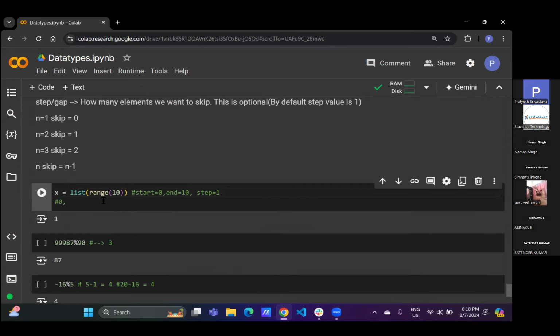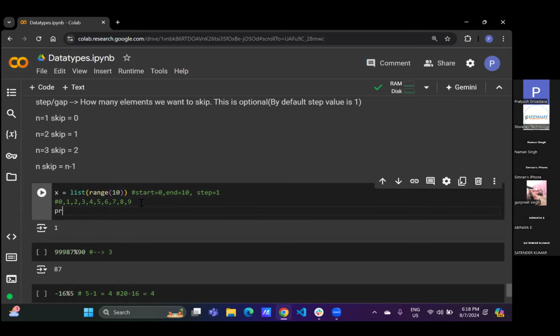That means no element will be skipped, so after 0 directly 1 comes. Then we will take 2, 3, 4, 5, 6, 7, 8, 9. 10 is exclusive, it will not be included. If you want 10 as well, I will go till 11. If you want 10 as well, you need to take it as 11. If I print the value of x here, see, our numbers will be generated 0 to